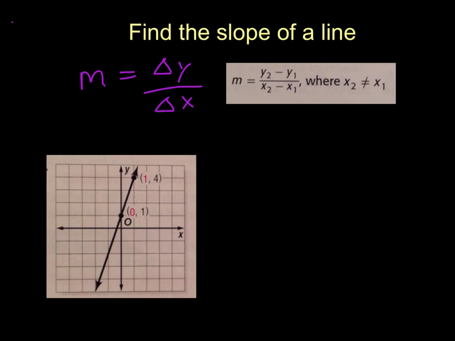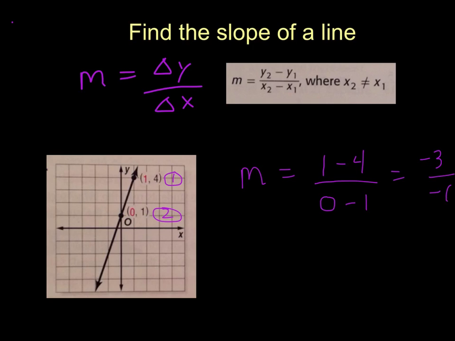And in this one, I'm going to make this my first set of coordinates here, and this my second set of coordinates. So I've plugged those numbers in. Here this 1 was the y in the second coordinate, and then 4 was the y in the first coordinate, and 0 was the x in the second coordinate, and 1 was the x in the first coordinate. So once I solve that out now, I get 1 minus 4 is negative 3, and 0 minus 1